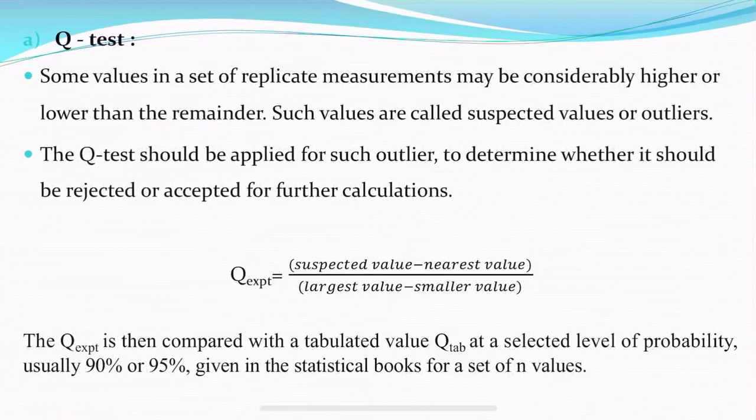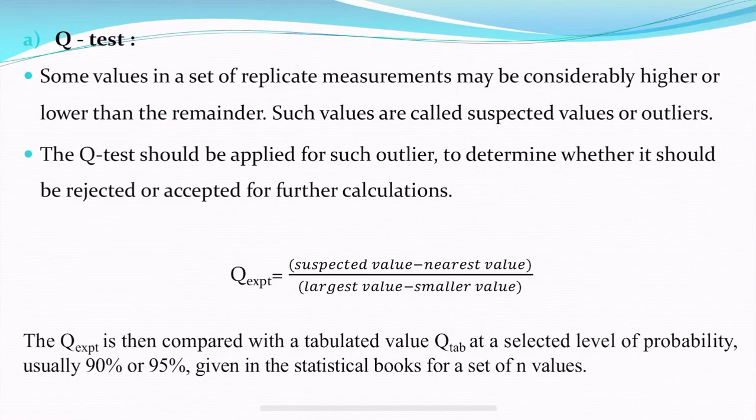Now let us see one by one what is meant by the Q test, F test and T test, and we will understand how to calculate them and how these significance tests help an analyst come to a conclusion about the percentage of error, whether he has to repeat the experiment, or in what way he can accept the results he has observed.